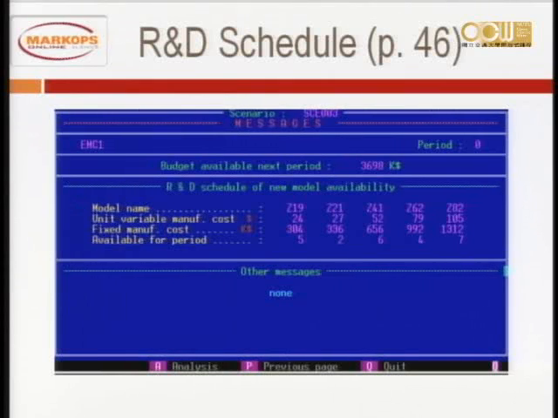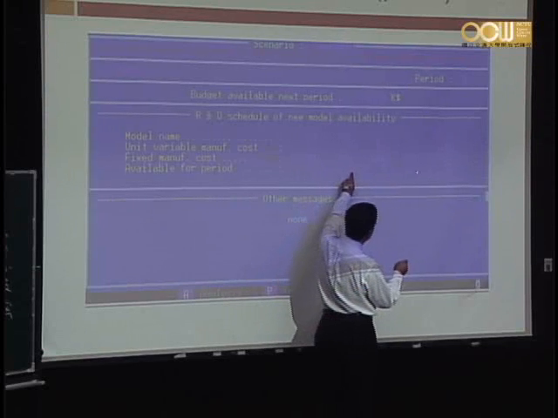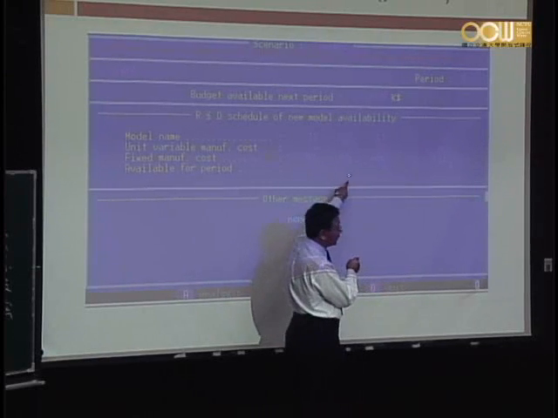So they're not very clear, all right? So this is period 0. You get the, sorry, not quite clear, the 3,000K. And look very carefully. This is one of the sections: Z19, Z21, 41, 62, and 82. And this one tells you, you can see here, 5, 2, 6, 4, 7, which means that next period